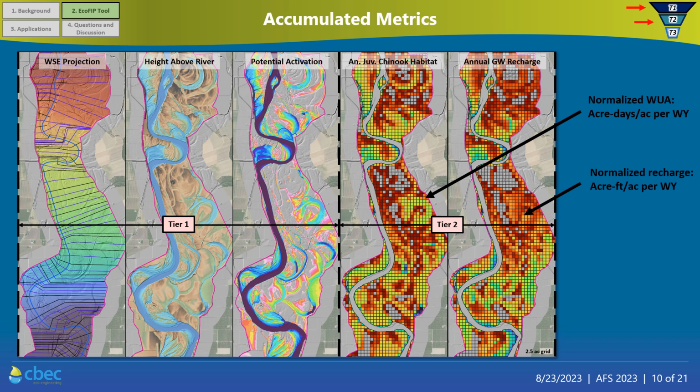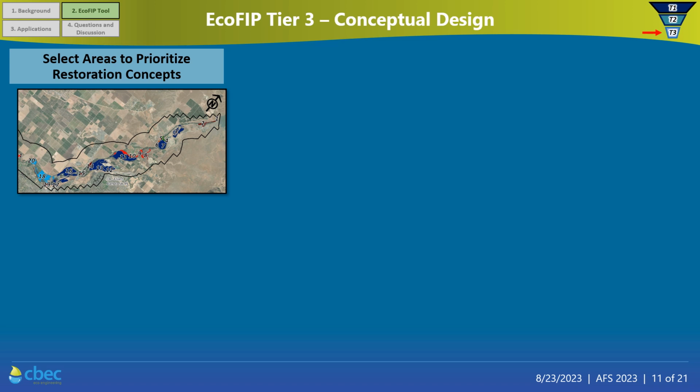We're often thinking about other types of floodplain management actions. And so on the right-hand side, you're seeing annual groundwater recharge and a corresponding heat map for what areas should be prioritized if that is one of your main interests within that portion of the Sacramento River. So once we go through that step in Tier 2 to rank these different sites against each other,